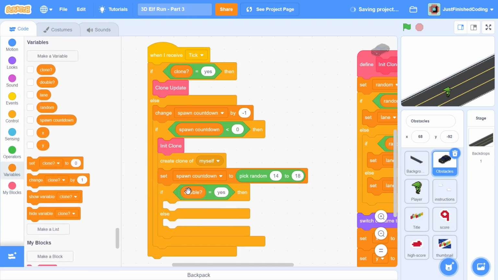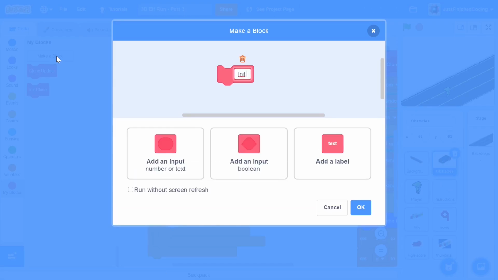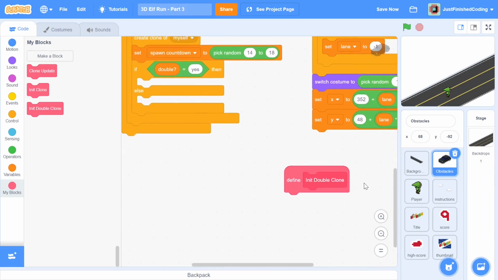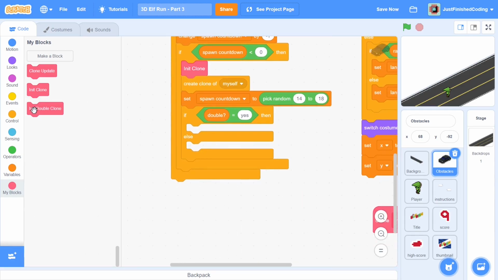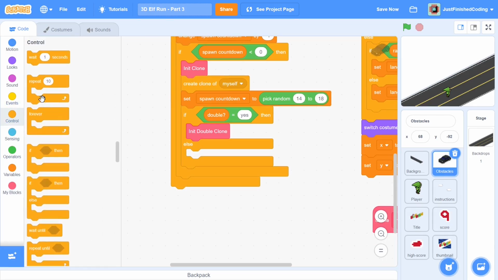So if double is equal to yes, then I will make a new block called init double clone, because the double clones would have different properties. Click OK, and we can put this right below init clone, and then we can create a clone of ourselves with those particular properties.